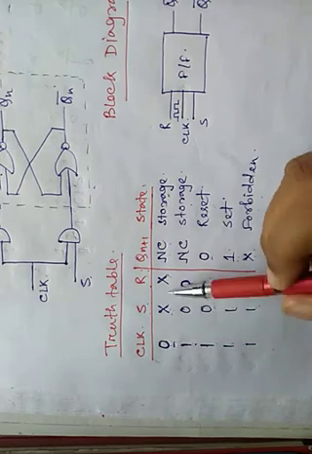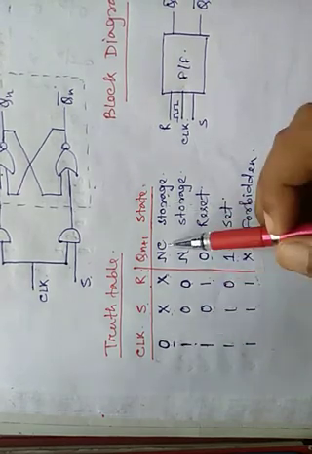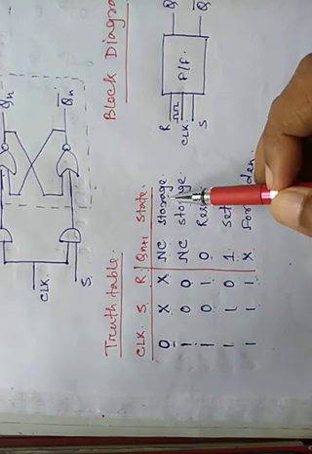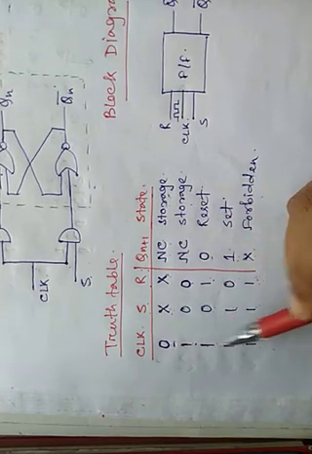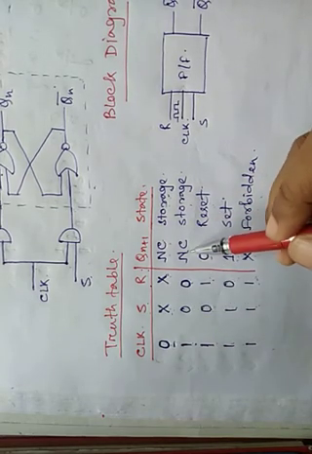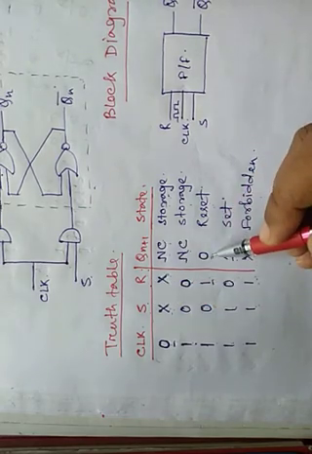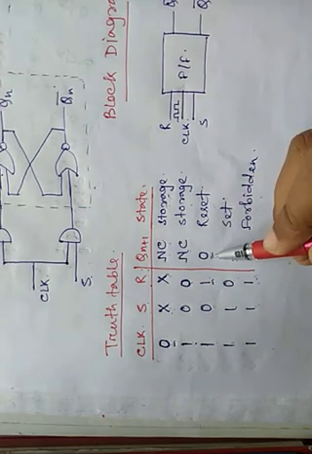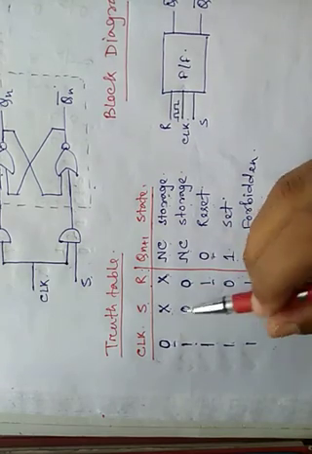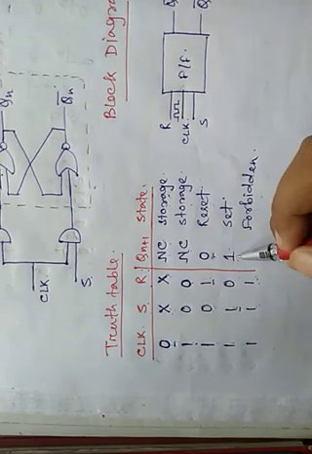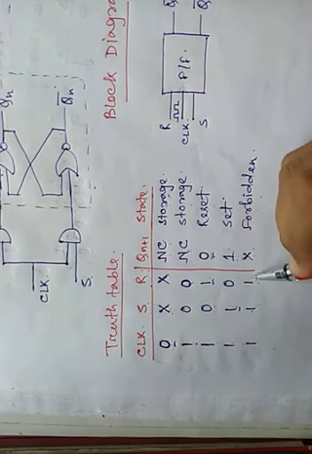Okay, 0 means no change. When clock is 0, it acts as storage, that means flip-flop will not get activated. When clock is high, both are 0, it is no change. When reset is 1, flip-flop is in reset condition. When set input signal is 1, flip-flop is in set condition, and when both are 1, flip-flop is